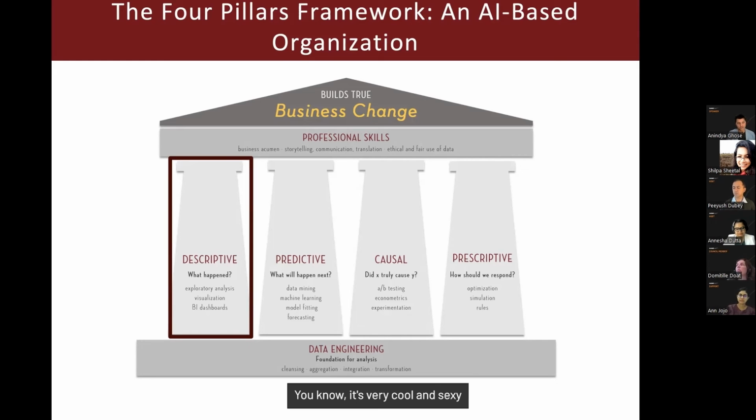It's very cool and sexy to talk about descriptive, predictive, causal, and prescriptive modeling. So most companies, when you ask them what they are doing in the space of AI, that's what they will try to relate to. But they make the classic mistake of not paying enough attention to cleaning the data, processing it, formatting it, stitching data silos across organizations, fixing missing variables, fixing missing observations. Those are the real important issues you have to first address.